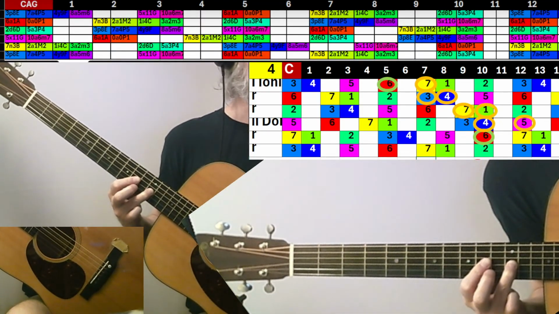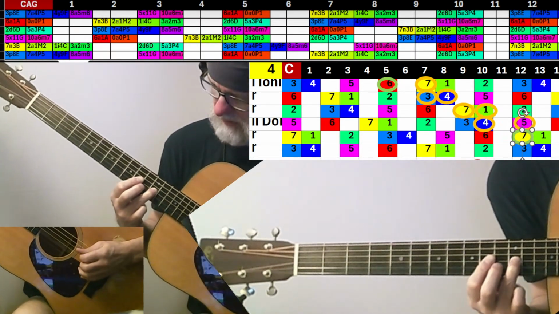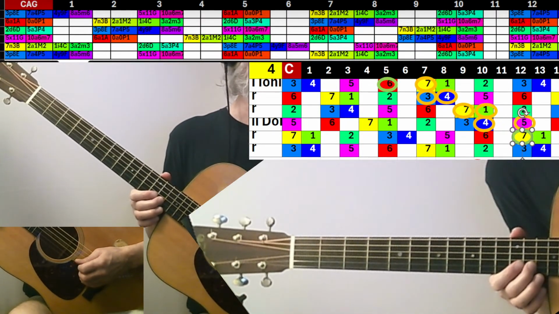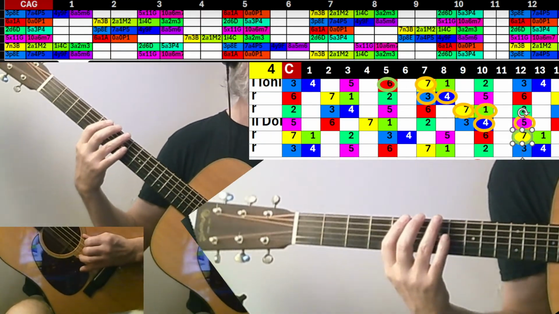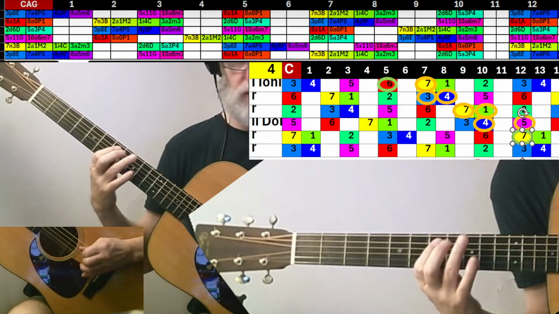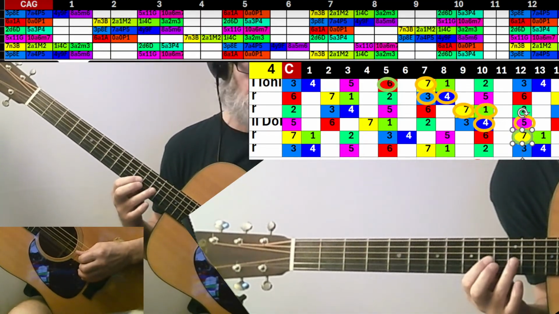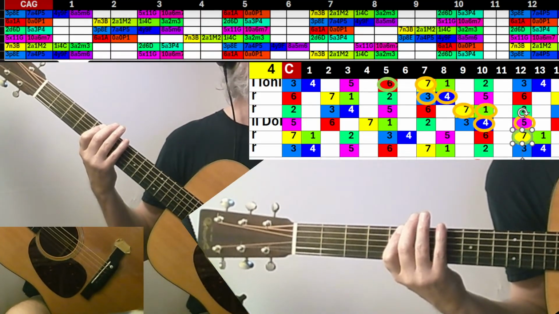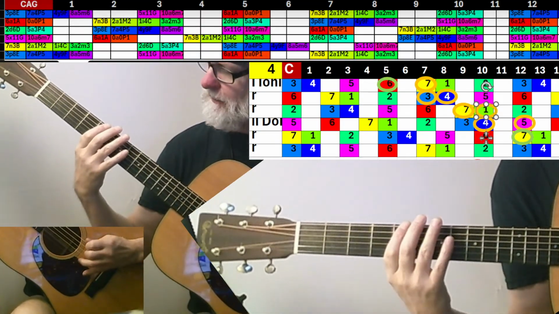And yeah, that 6 is not right. The 6 should be up here, right? If I follow the pattern. And then it would continue up 7, 1. It would repeat in 12 steps, so it's not going to repeat. I would have to go all the way around again. Okay, but that's fine. So okay, 6, 7, 3, 4, 7, 1, 3, 4. Let's just try half of it. Let's just try to go down to this note and stop it there, just for a nice little pattern. Just to get up there.